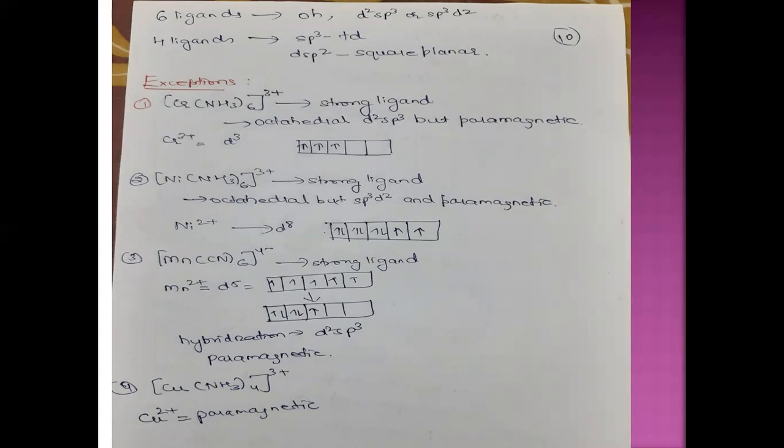Whether it is strong ligand or weak ligand, if you see the number of ligands is 6, what should be the shape? It should be octahedral. Then, if there are 4 ligands, now the question comes. If it is strong ligand, then it is square planar, and if it is weak ligand, it is tetrahedral. It means based on the hybridization, if it is dsp2 in case of stronger ligands, it is square planar complex, and if it is sp3 in case of weak field ligands, the shape is tetrahedral.